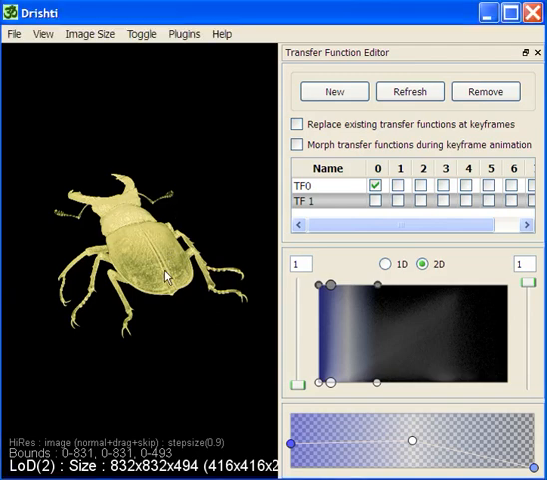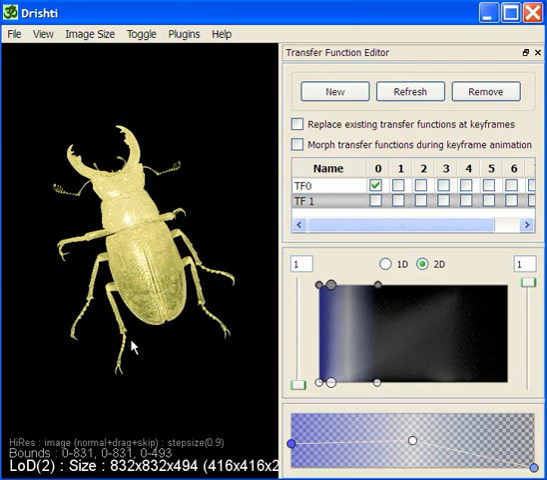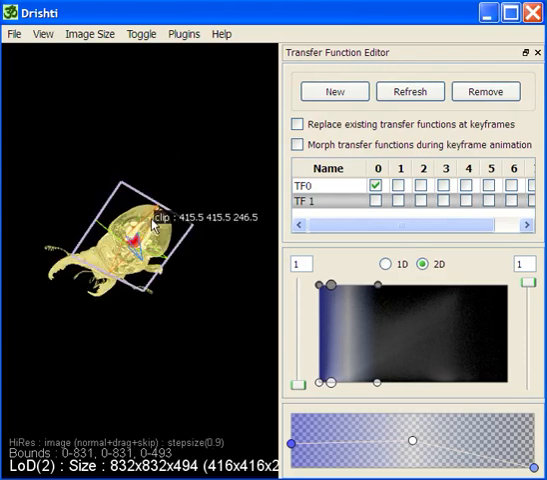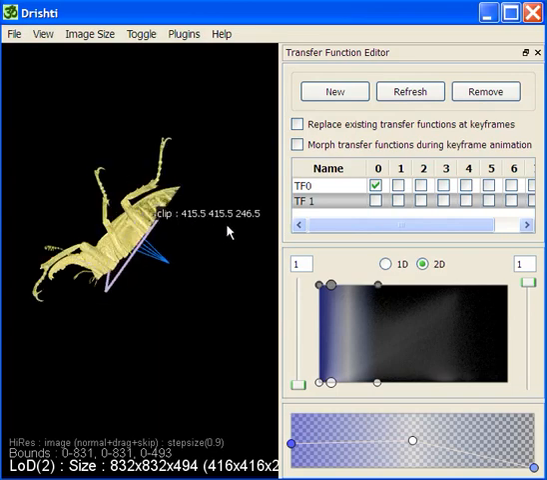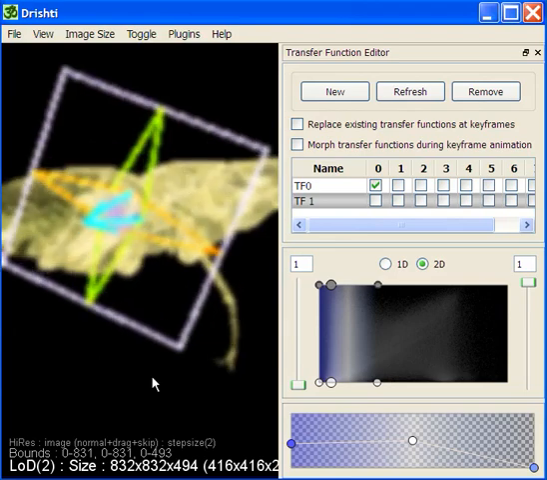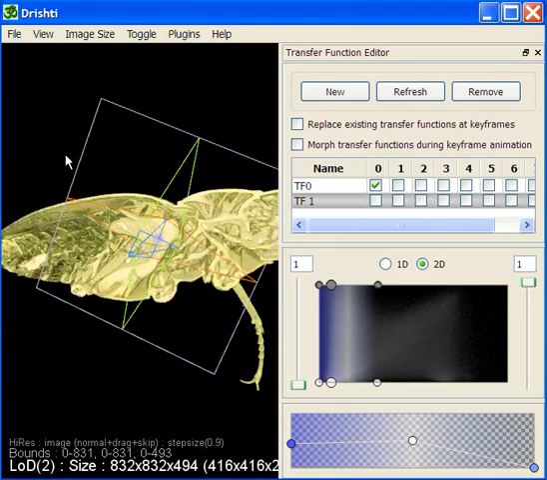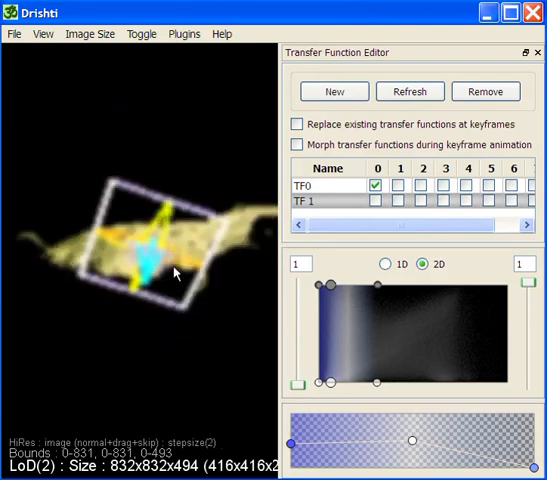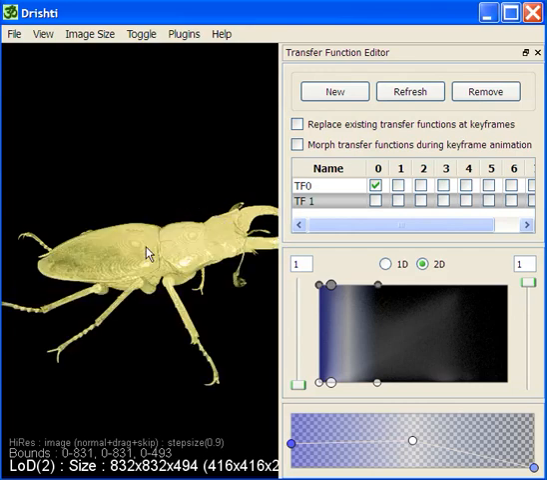Now here we have the stag beetle and we would like to see the insides of this stag beetle. So this is the stag beetle here, and we would like to remove this top layer and see the muscles inside. In order to do that,